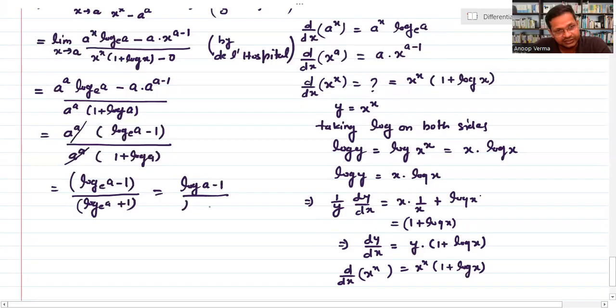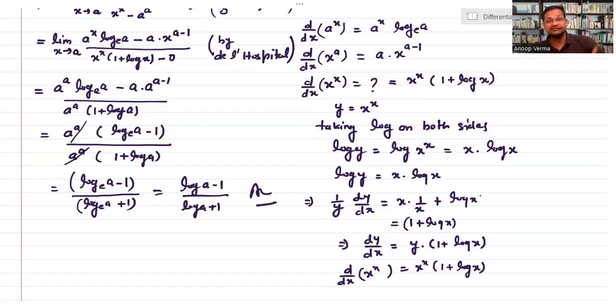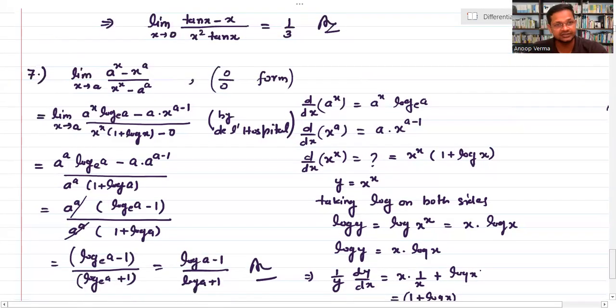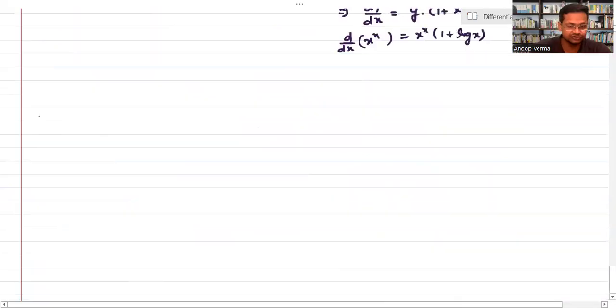log a प्लस, तो दिस इज योर आंसर। ठीक है, तो इसमें एक ही बार हमको एल हॉस्पिटल रूल लगाना था, बट वी शुड नो द डेरिवेटिव, प्रॉपर मीनिंग ऑफ डेरिवेटिव सेकंड का, तो log a माइनस 1 अपॉन log a प्लस 1, ओके, तो दिस इज योर आंसर। तो आई होप सो कि समझ में आया होगा कि कैसे सॉल्व करते हैं और कैसे हमने एल हॉस्पिटल रूल का यूज करा है अपनी लिमिट को कैलकुलेट करने के लिए, ओके। नेक्स्ट प्रॉब्लम की तरफ बढ़ते हैं, क्वेश्चन नंबर 8।